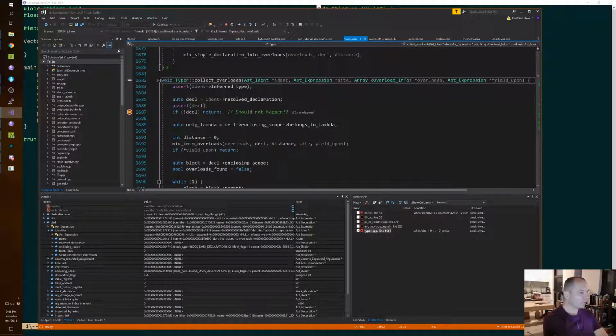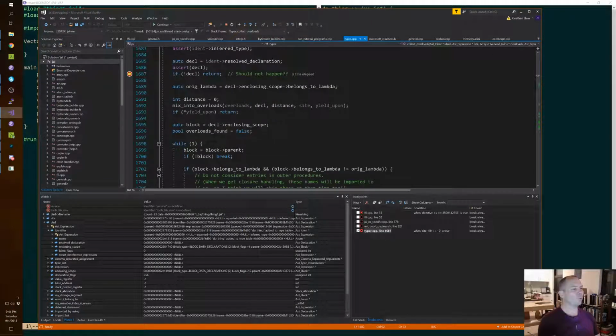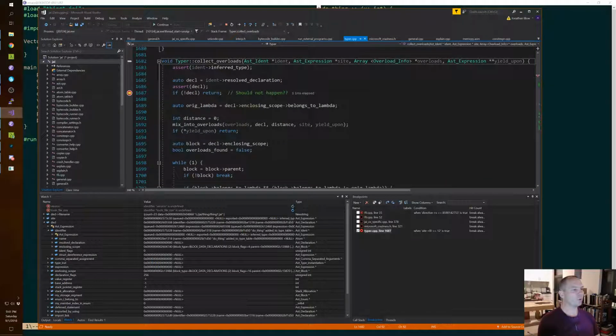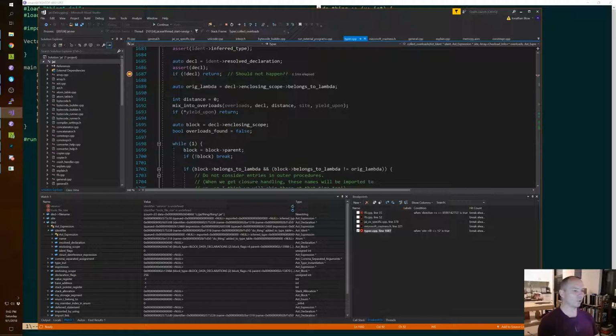Okay, we were looking at collect overloads. Due to this sugar crash, who even knows how well my brain is going to work? But let's see what we have here. We're collecting overloads. We do this weird thing where rather than walking all the way up the scope right away, we start with the resolved declaration, because if you know you're calling a procedure, the way you know that is because you already found at least one of the names and you see that its type is procedure, right? So we already have one, so we put that in overloads, and then look for other ones upward from that, because this one is guaranteed to be in the nearest scope.